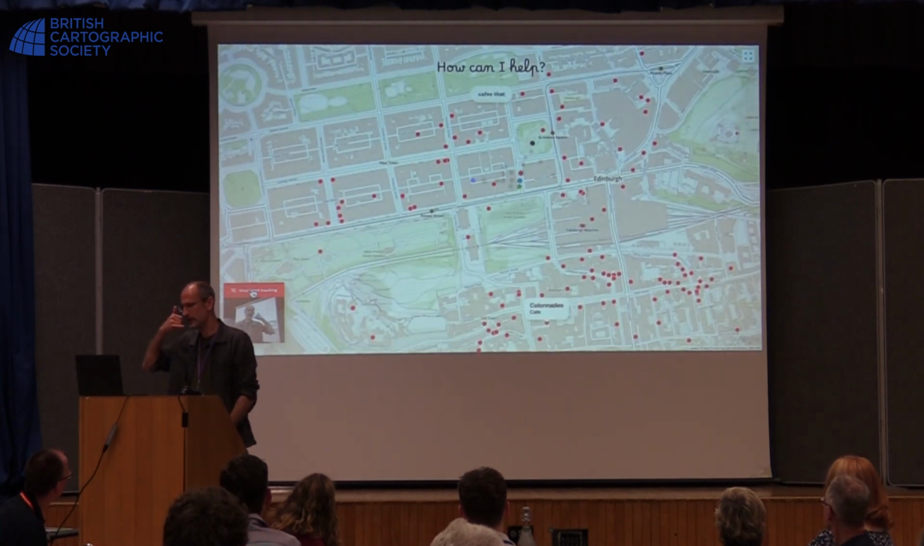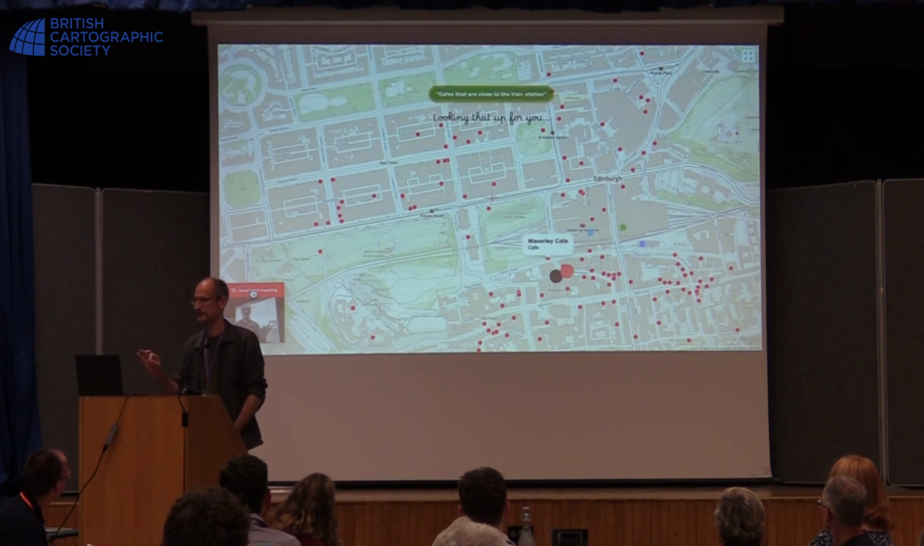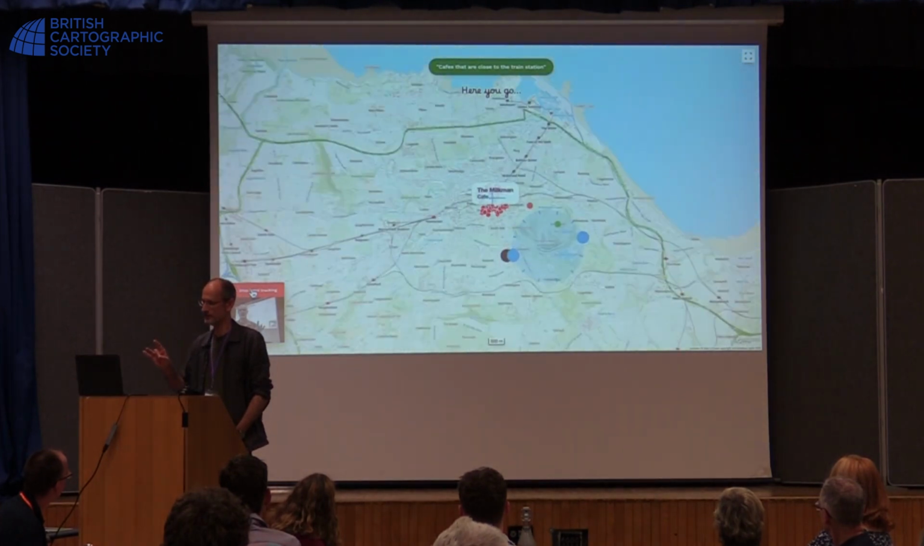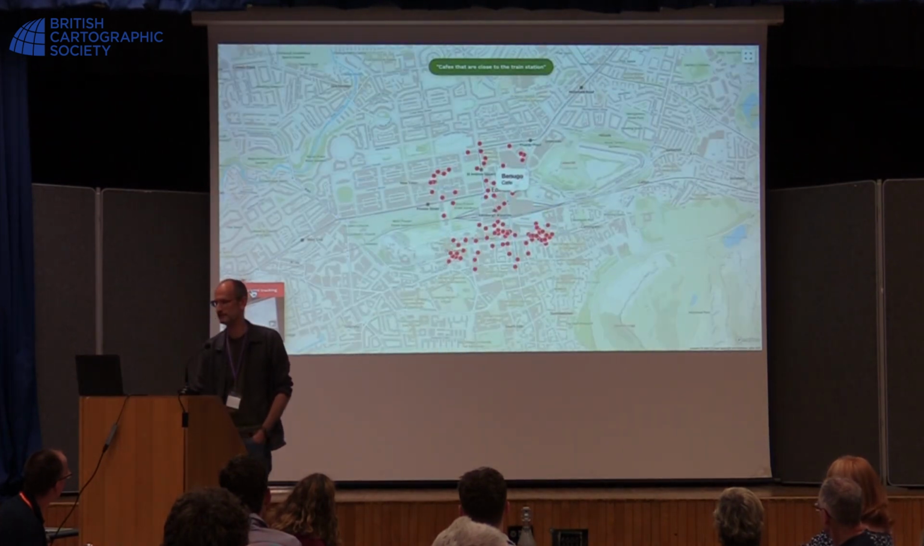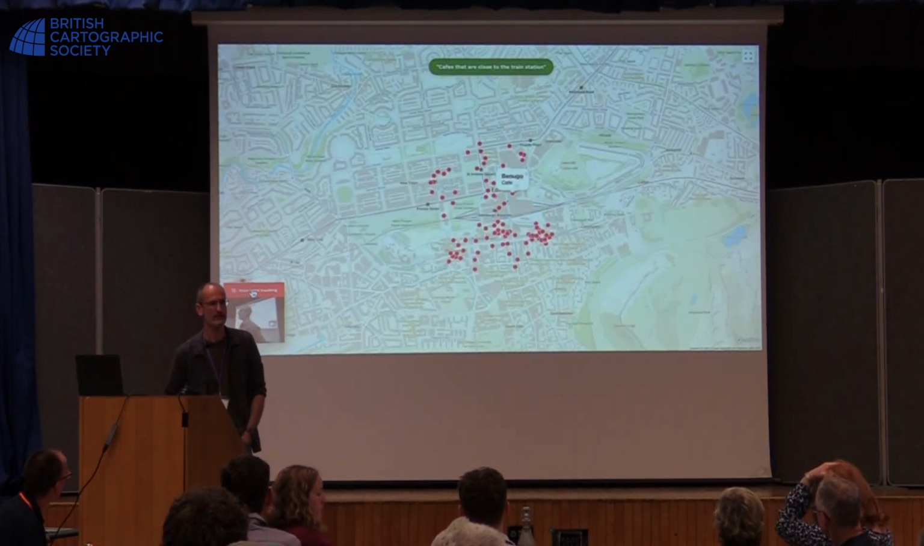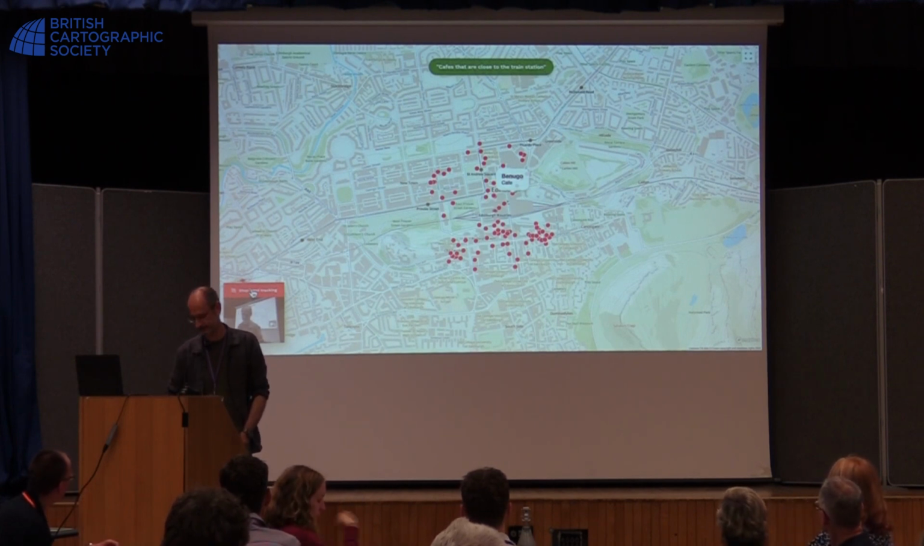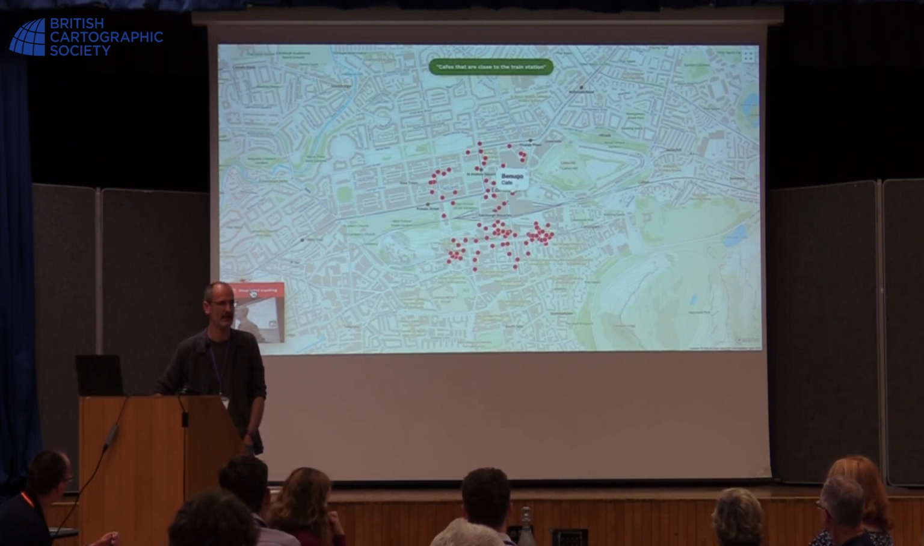Cafes that are close to the train station. So one of the things is when it knows, it's interpreted there what I mean by close, and it looks like maybe 1 or 200 meters, something like that. And it'll interpret anything you say and try its best to convert that into a query to get something out of OpenStreetMap. So I can say,